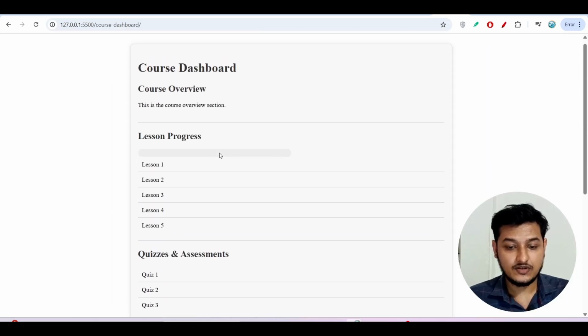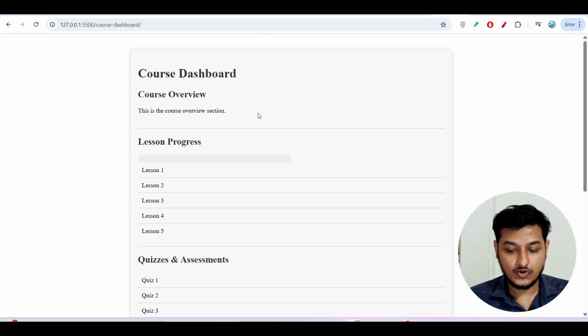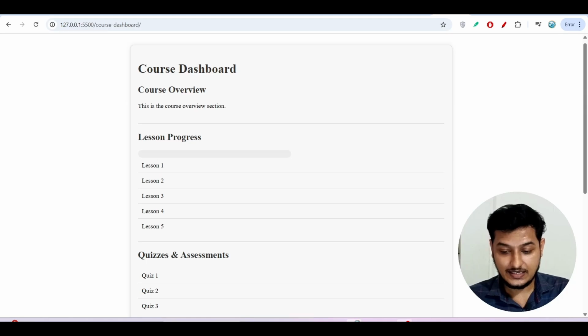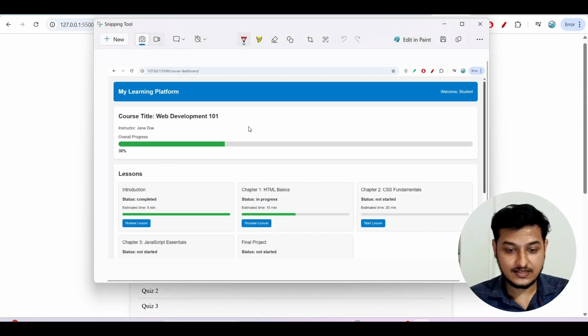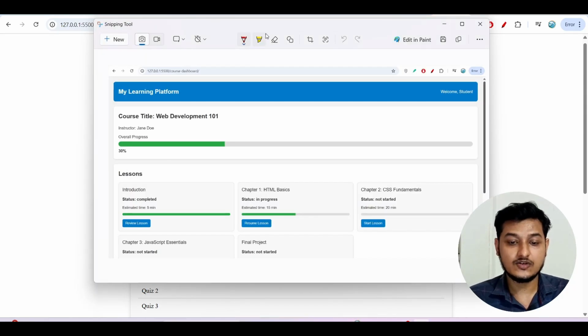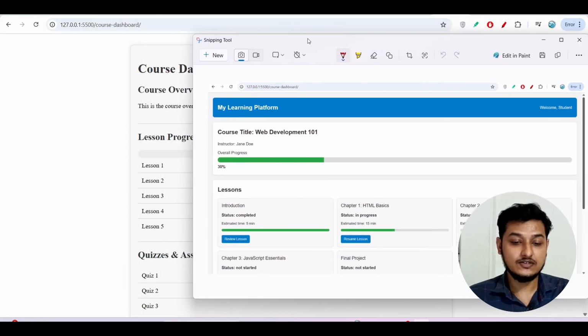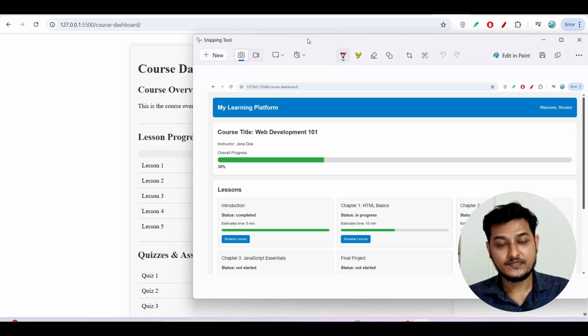Okay, now if you compare this layout with this layout, let me show you. This is the layout that is generated by this LLAMA-4 Maverik, and this is the layout that is generated by this Quasar Alpha that I made the video yesterday. Now you tell me guys, which UI is best? Of course, at least for me,